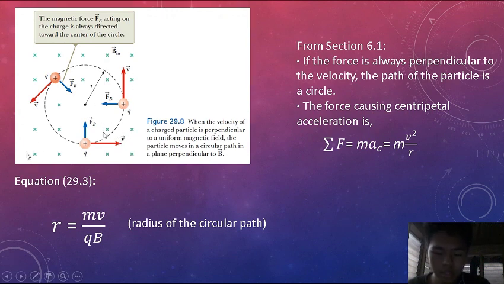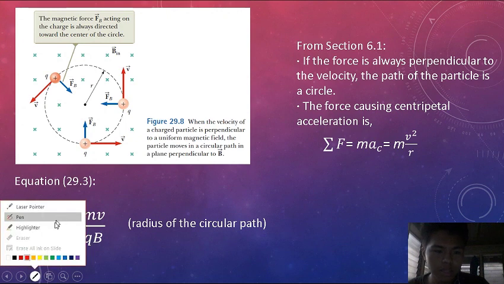So our work here is zero now. Now, according to section 6.1, if the force is always perpendicular to the velocity, yung path ng particle is a circle. So, meron tayong force na nagkakos ng centripetal